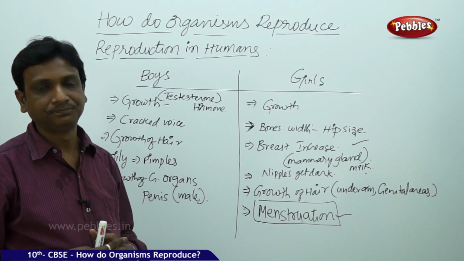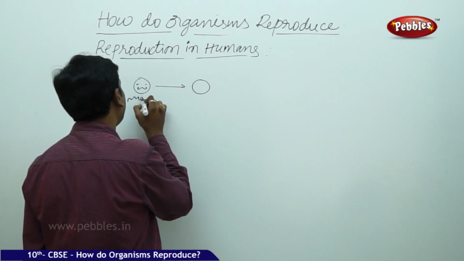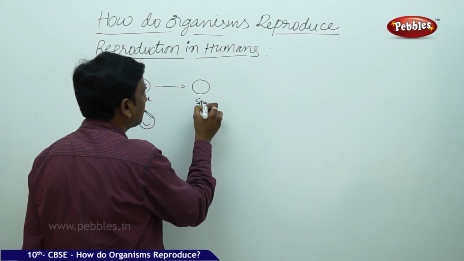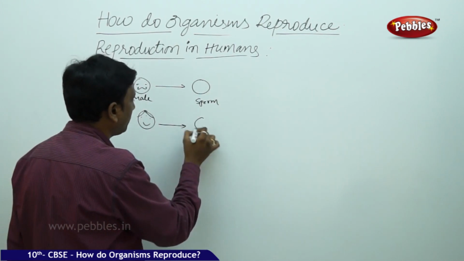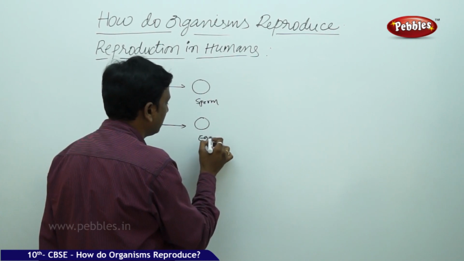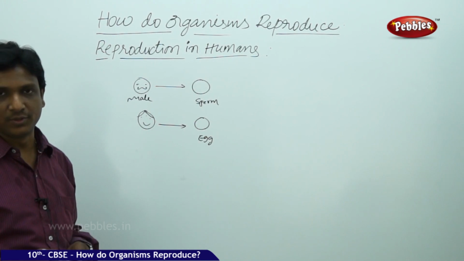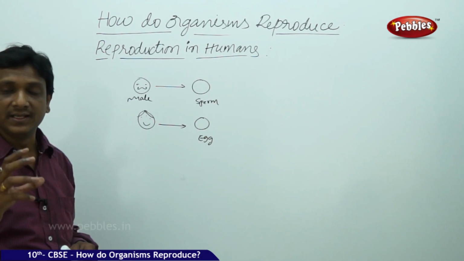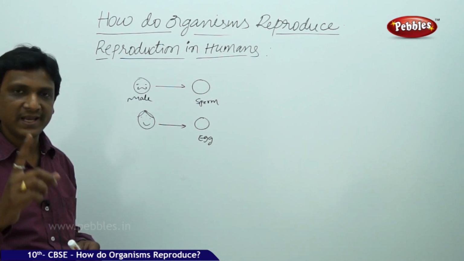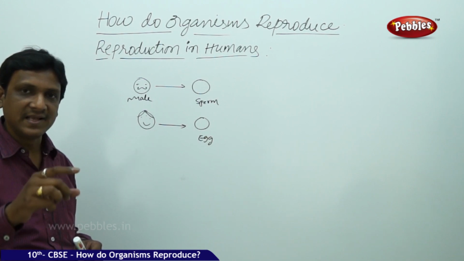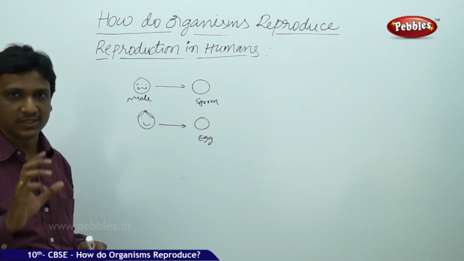That is to reproduce. So here the reproductive cells are produced, male reproductive cells by males, you call it as sperm cells, and females produce female reproductive cells called ova or egg cells. So these cells are to be transferred. Fusion should take place for reproduction. Where does the fusion take place? In case of some animals, the fusion takes place in the environment. Like in frogs, male frog and female frog release their cells into the water, and in the water the male cell fuses with the female and the egg is formed in the water.